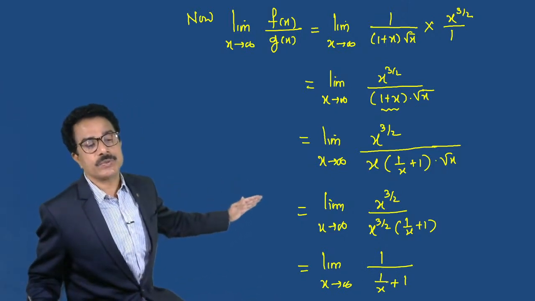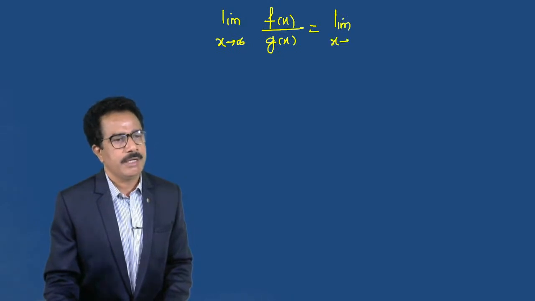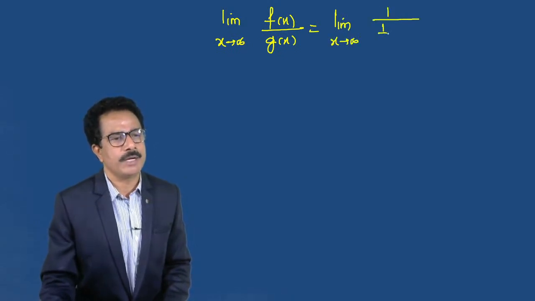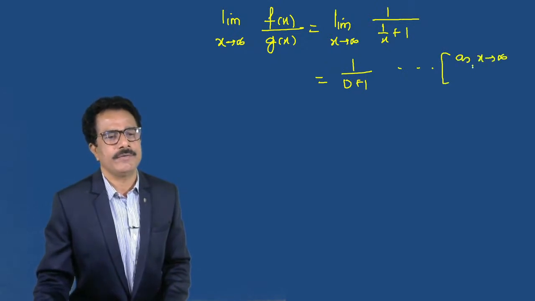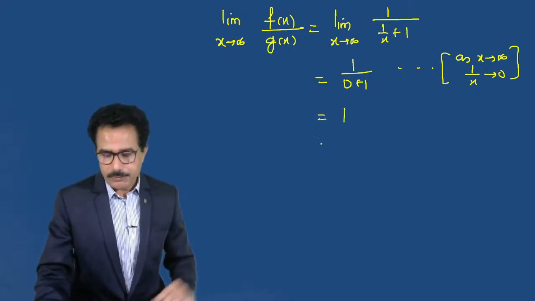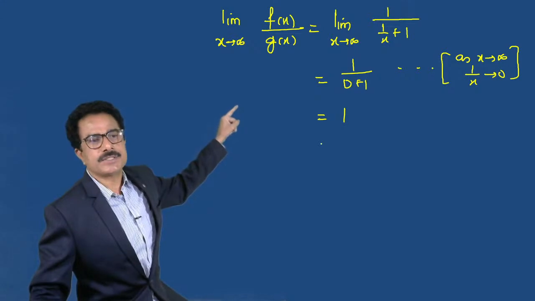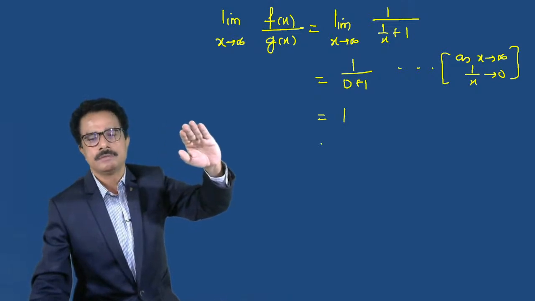Now as x tends to infinity, 1 upon x tends to 0. So we get limit x tends to infinity f of x divided by g of x, which is equal to limit x tends to infinity 1 upon 1 plus 1 by x, that is 1 by 0 plus 1, which equals 1. Now by using the comparison test second, limit x tends to infinity f of x divided by g of x is equal to 1, then